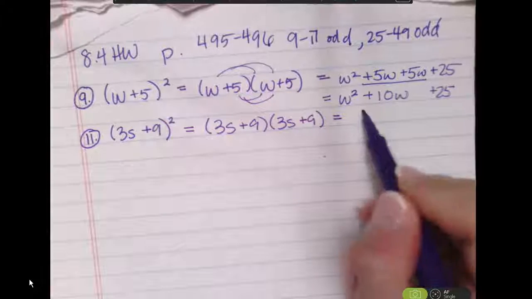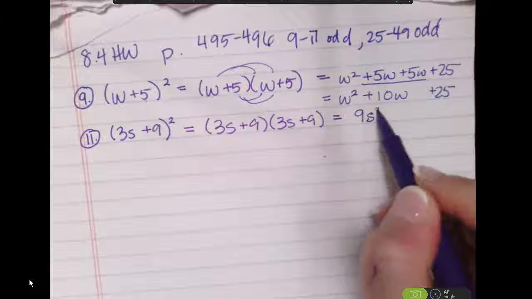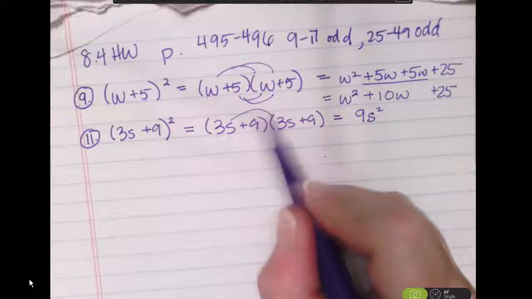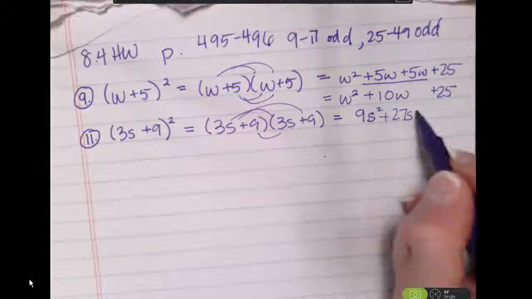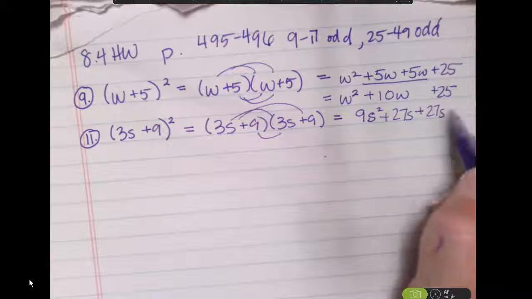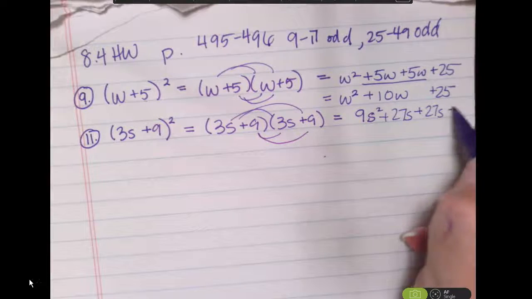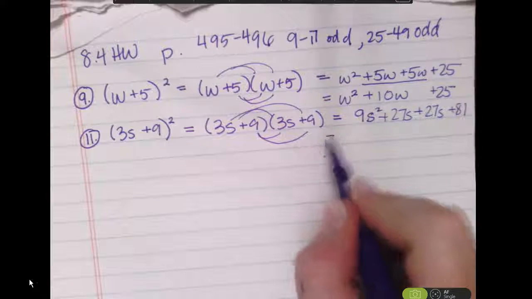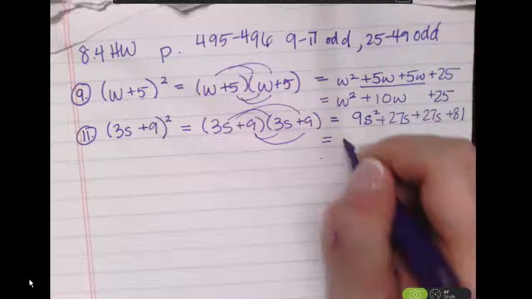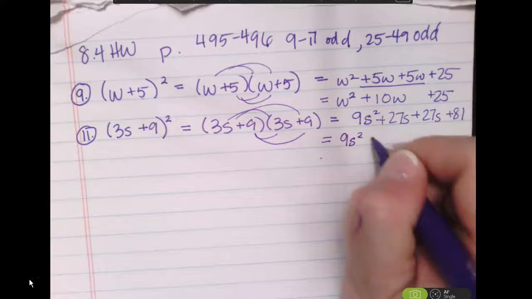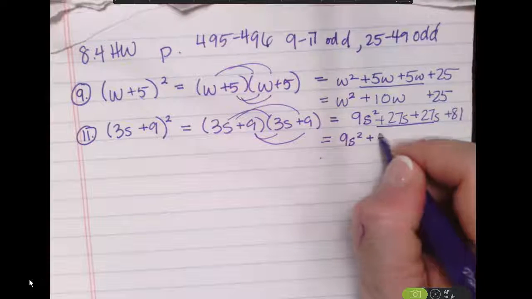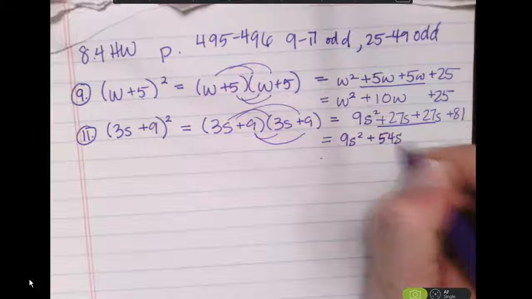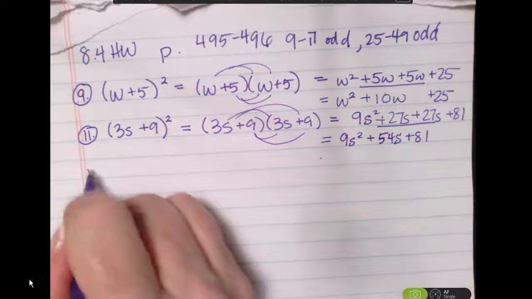So 3s times 3s is 9s squared. 3s times 9 is plus 27s. 3s times 9 is 27s. 9 times 9 is 81, giving us 9s squared plus, and you can use your calculator of course, but that's going to be 54s plus 81. Number 13,